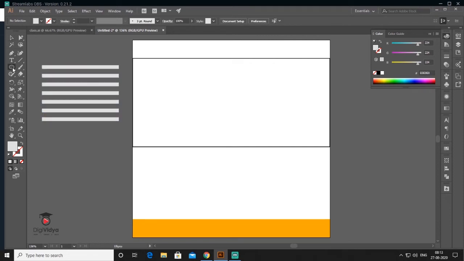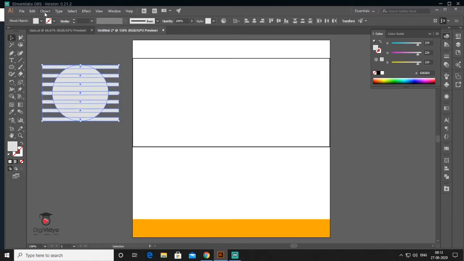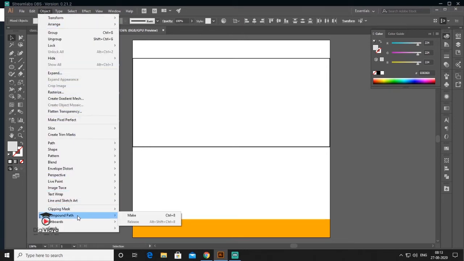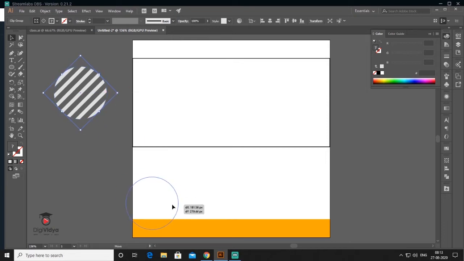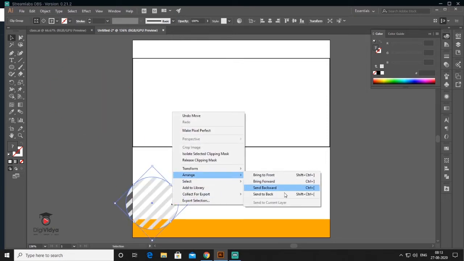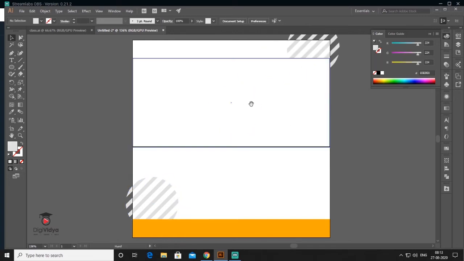So after that I make an ellipse here, select both of them, go to object, clip mask and make, and rotate it from the corner, right? Right click, arrange, send it to back, right?